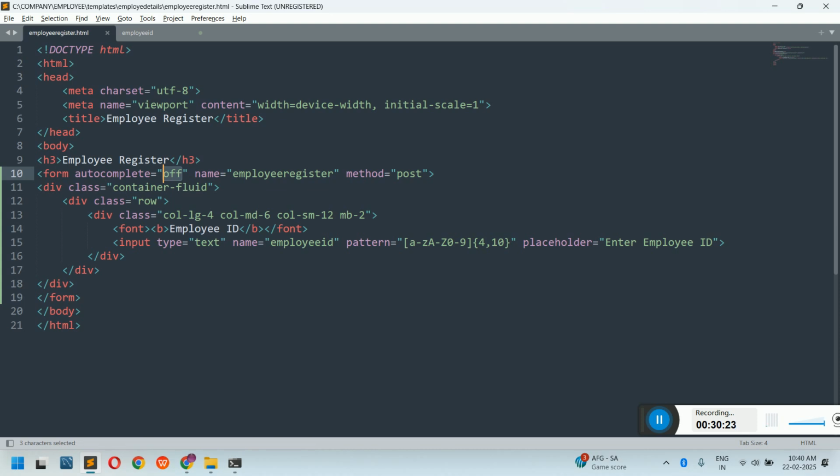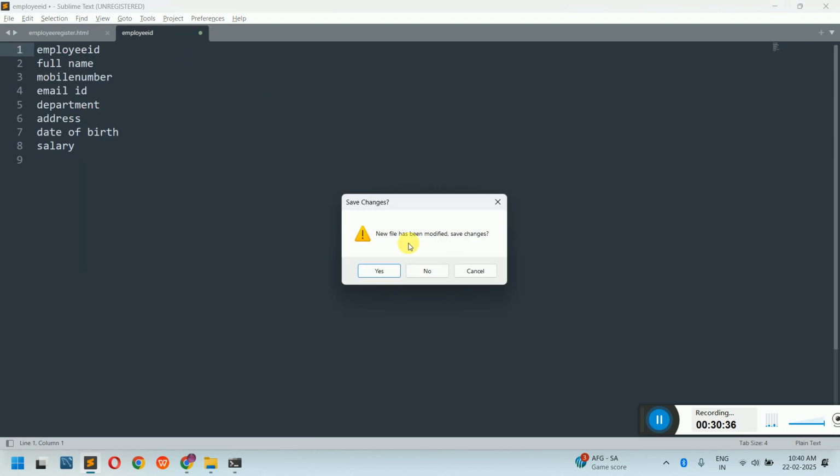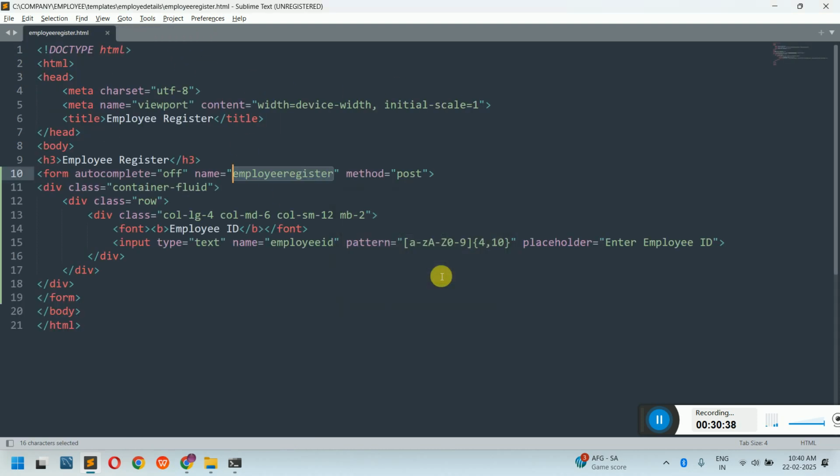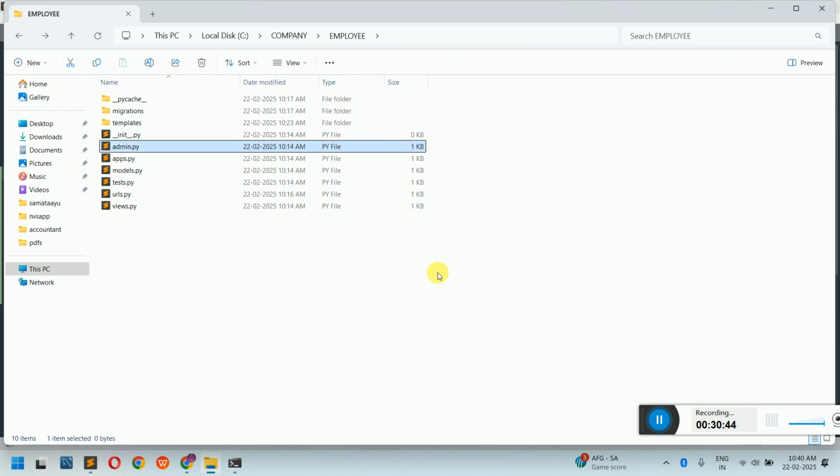I want to see this particular screen on the web page. So how to see that? Very simple. Whenever you create an HTML form, the very next thing you have to do, for any HTML page you create, is a repeated task. So once you create an HTML page, you should go to your